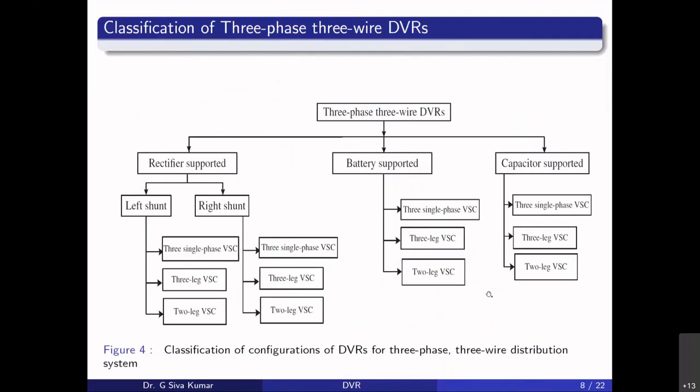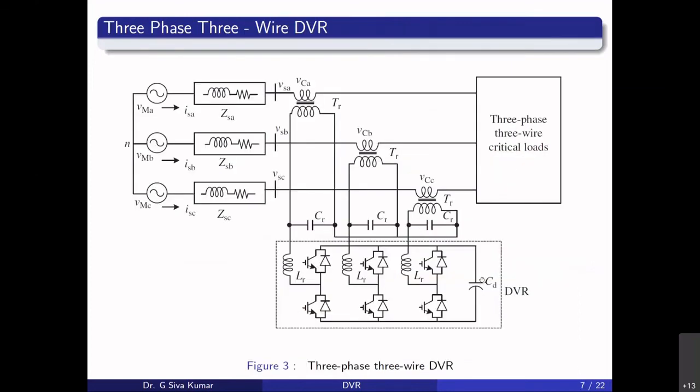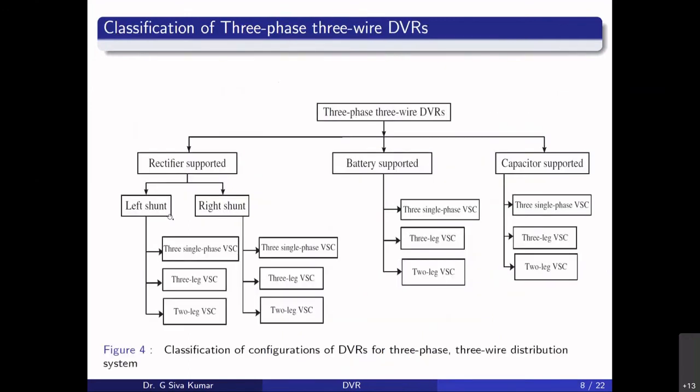When it comes to the voltages, the supporting level, we have a rectifier supported, and then the battery supported, and then the capacitor supported. I mean to say that this particular capacitor is required to be supported from an external source while correcting the voltage, or while injecting the voltages VCA, VCB, and VCC. During that, to support the capacitor voltage, we require a rectifier supported. Rectifier supported, I mean to say, in the sense like